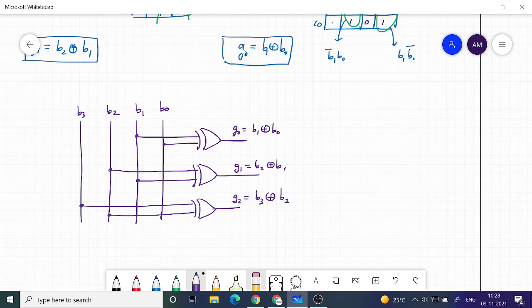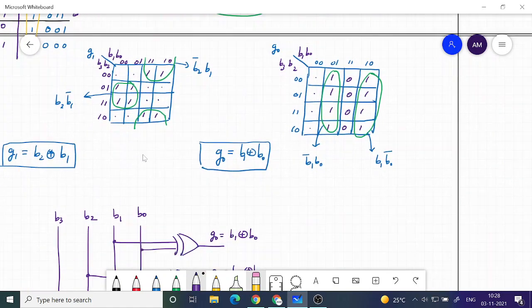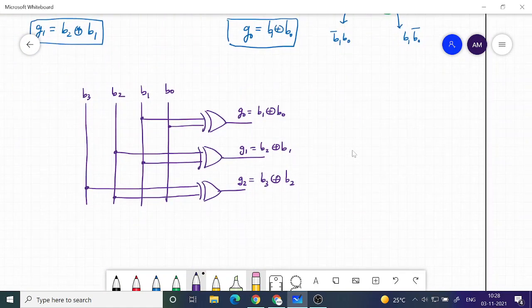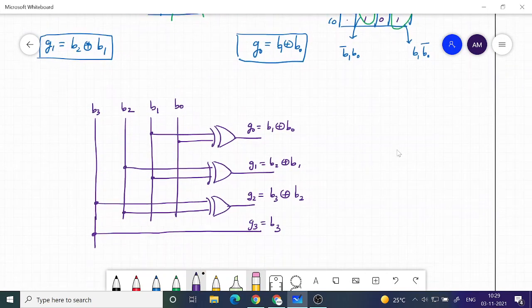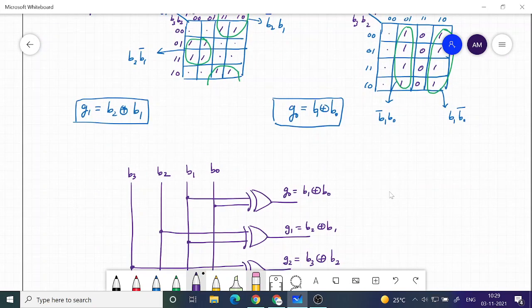You can just verify B3 XOR B2. And then the last one is quite simple. You just directly take it. That is your G3, which is equal to B3. So if you have a binary code, you can just convert into gray code by using just 2 input XOR gates. That's all what you require.